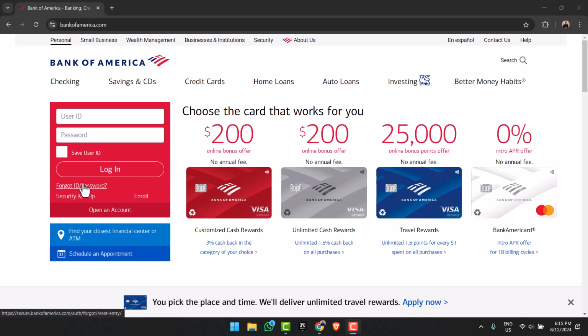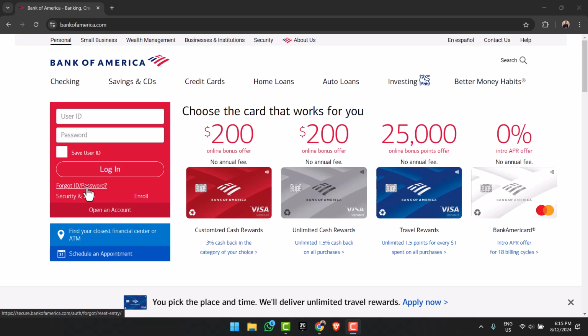which is in red. Now in order to log in, simply enter your user ID, your password, and once you tap on the option login, you'll have successfully logged in or signed in to your Bank of America's online banking account. But in any case, if you forgot your user ID or your password, you can simply reset it by tapping the option forgot ID/password, and once you follow all the prompts provided to you, you will have successfully recovered